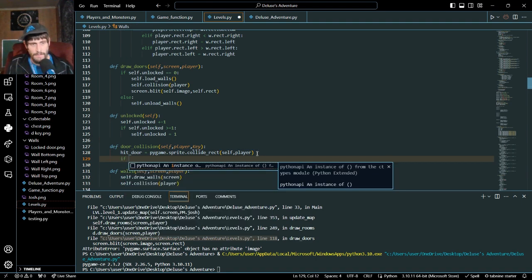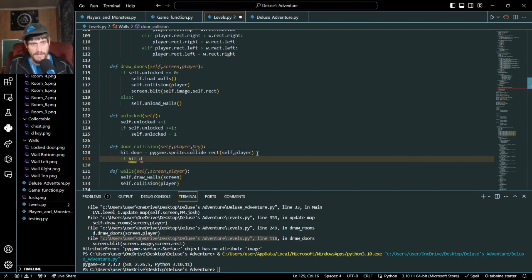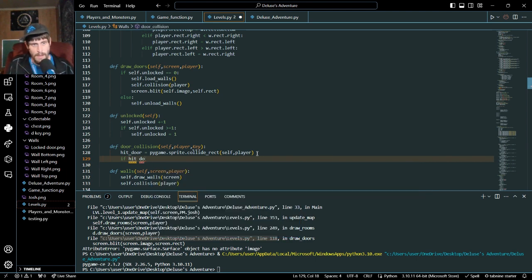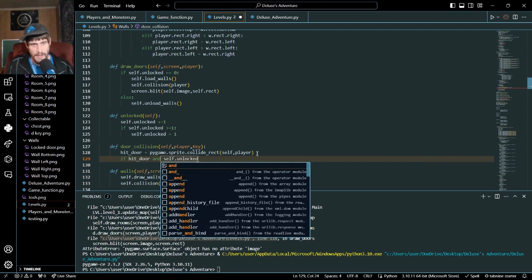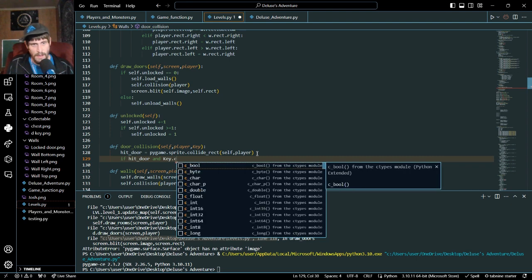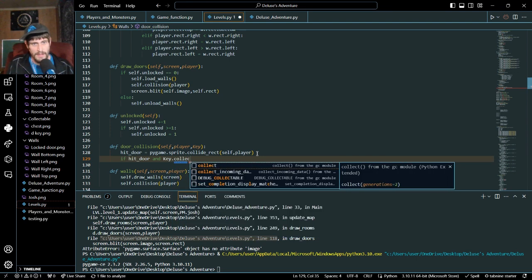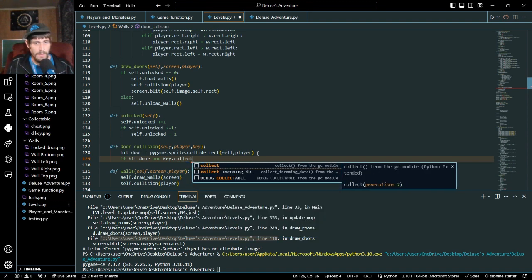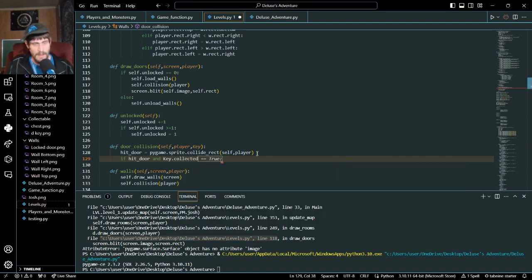And now if hit door and key.collected is equal to 1,